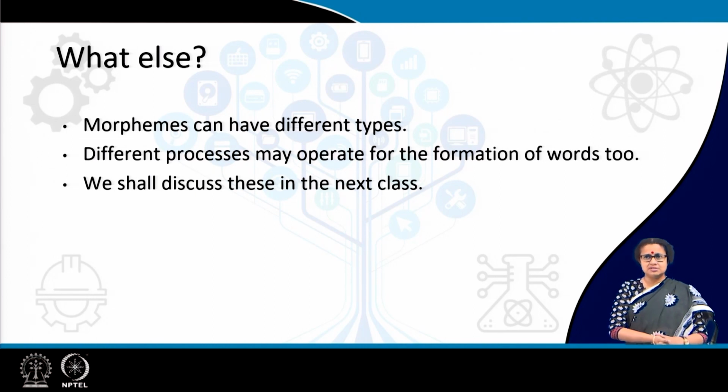But we have to do something else while doing morphology, which is basic and important. If you are doing a basic course in linguistics, you are supposed to know these. So, there are different types of morphemes. We can classify different types of morphemes. So, we also have to talk about them, and our knowledge of morpheme, morph and allomorph will be definitely useful, but we will see how we can classify them. We will also talk about certain processes which operate for the formation of words. So, the processes will be highlighted. We shall be discussing these in the next class.